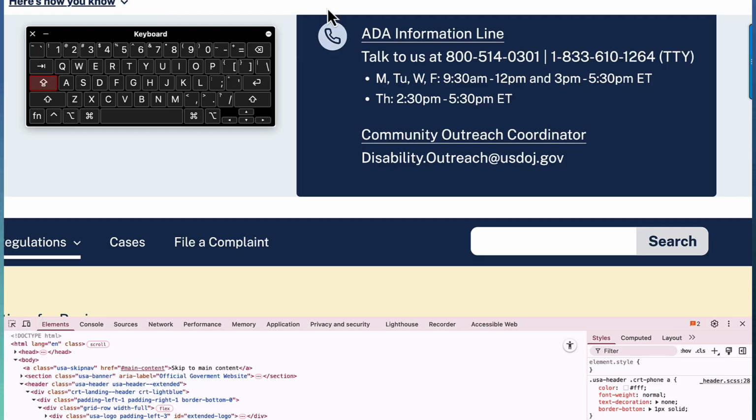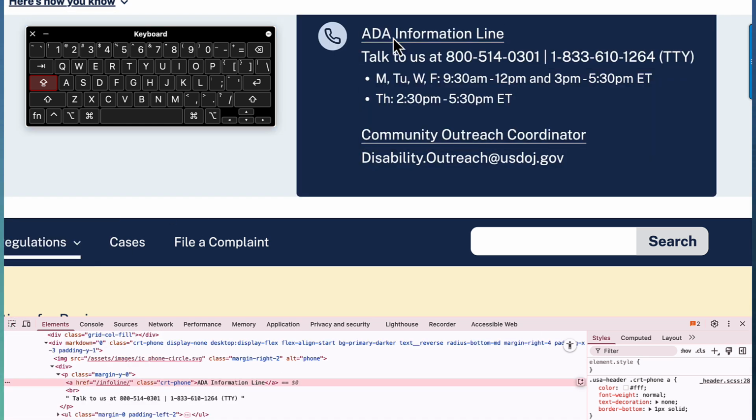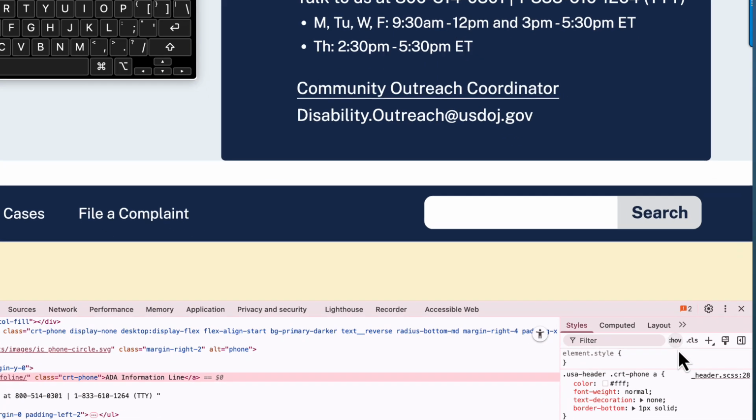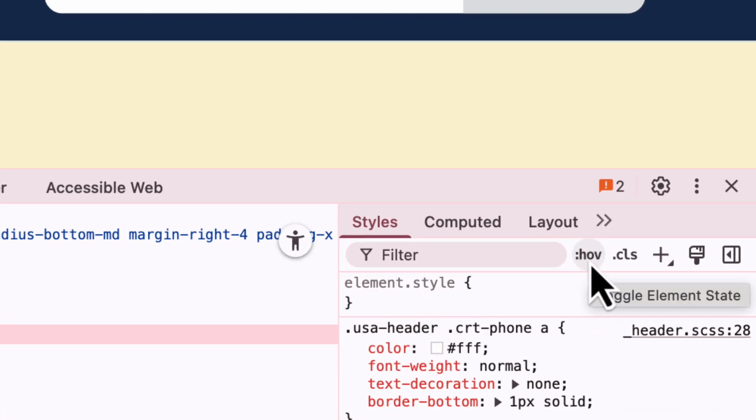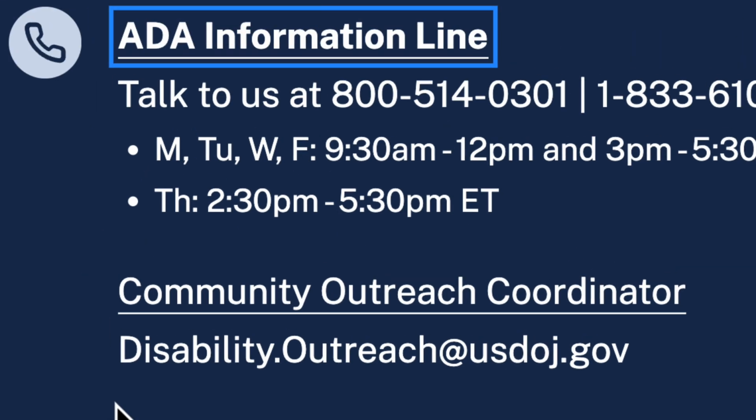Okay, we have opened the developer tools, and now I'm going to press the select element tool and focus the link. Then I'm going to go down in the developer tools, click toggle element state, and find where it says focus. This way, the link is going to stay focused so we can test it.